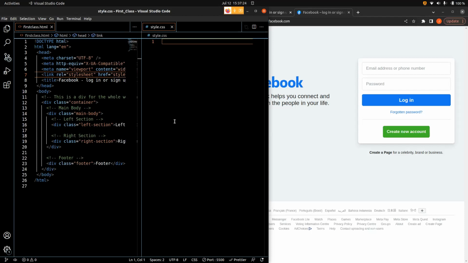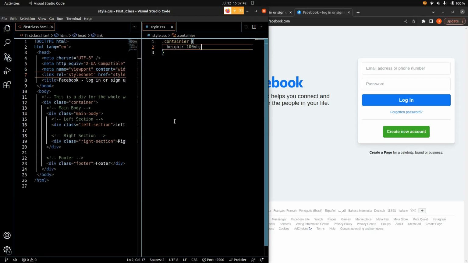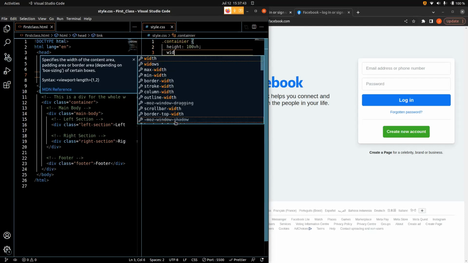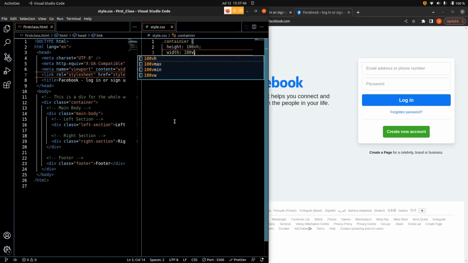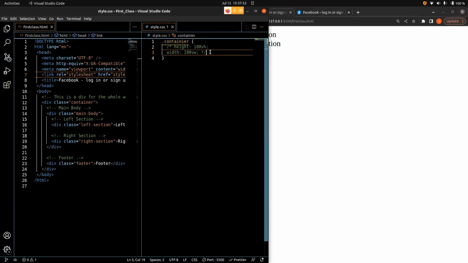To start a class, we use our full stop first, like I said before. To use an ID, we use the hashtag. So we have our container. Now I can give it a height of 100 viewport height and a width of 100 viewport width. Let me uncomment that out. Let's go back to our page here. Let me give it a background color of black. If I save it,